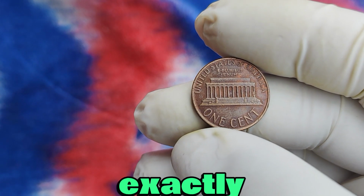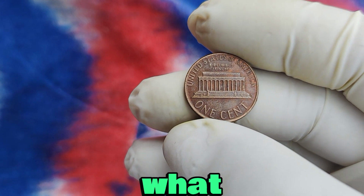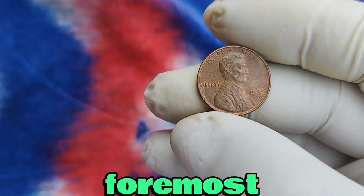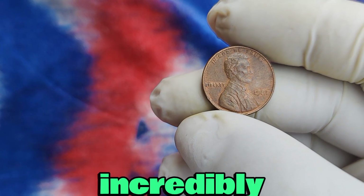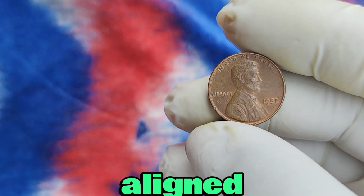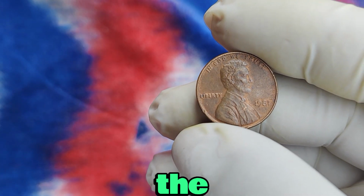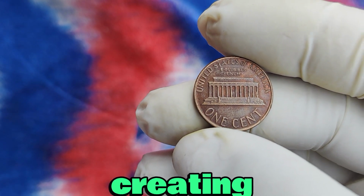So, what exactly makes the 1981 Ultra Lincoln penny so special? What sets it apart from the billions of other pennies minted that year? Let's break it down. First and foremost, these Ultra Lincoln pennies have a unique, off-center strike that is incredibly rare. This happens when the coin dies aren't aligned properly during the minting process, leading to a misalignment in the design. As a result, the details of the Lincoln portrait and other elements of the coin are shifted, creating an unusual